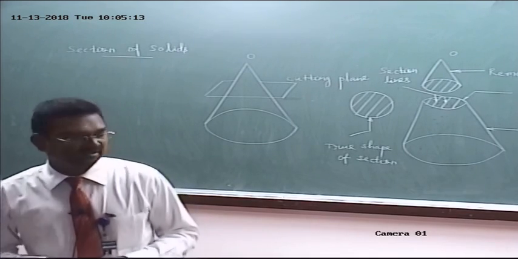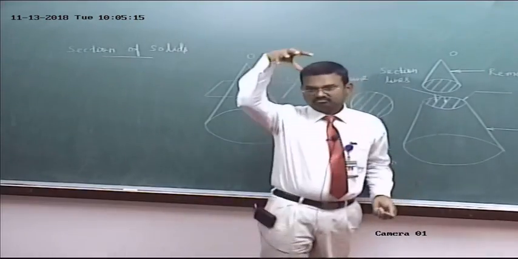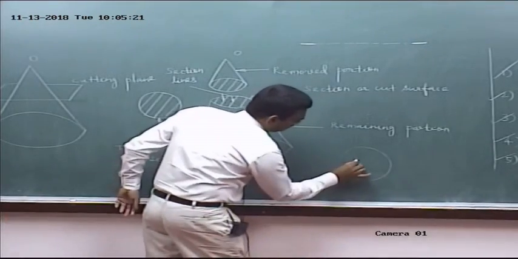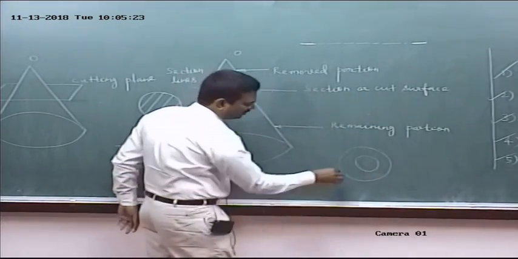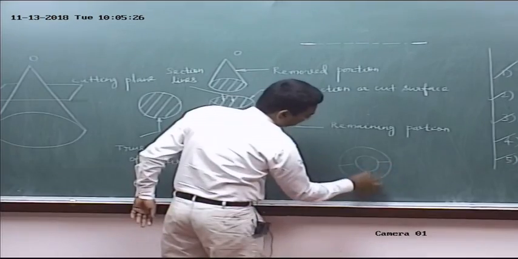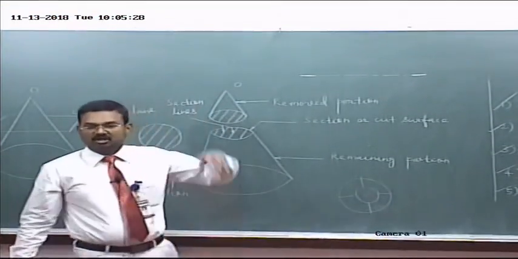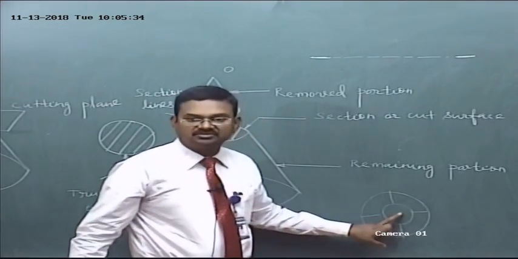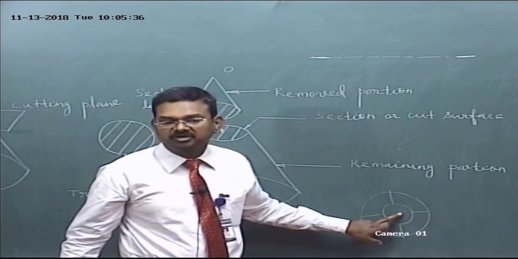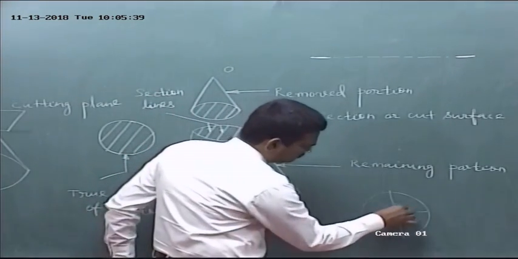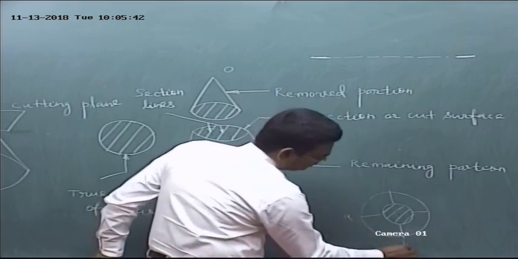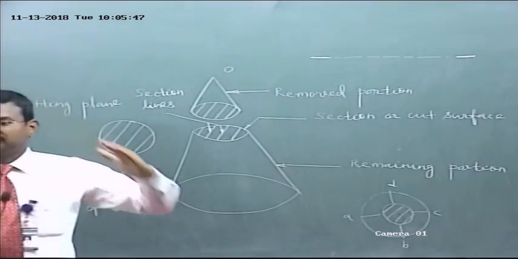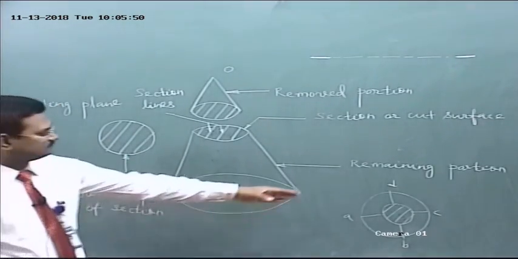In this case, to get the top view, look from top. What about the top view? The base is visible, the cut surface is visible. Then draw the generators, take 4 generators. So the top view will be like this. This is called a sectional top view. This is a cut surface. How to represent the cut surface? The cut surface should be identified by using section lines. So generator, base circumference points A, B, C, D. So this is the top view. What about the front view? For this case, front view.